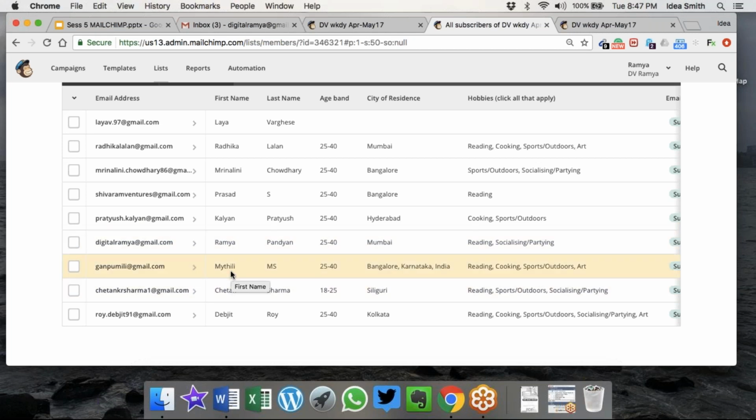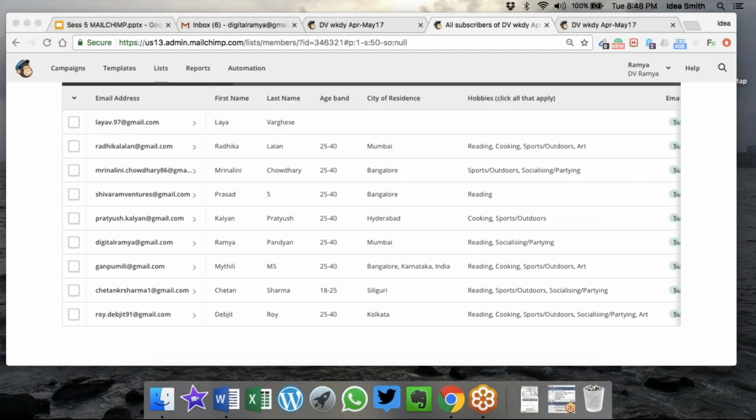Maithili, you're right here. Sujoy, did you find the email? Nandkumar, Sujoy, have you all found the email? You have to find the email and click on verify. Now, Laya, you'll notice I only have 3 pieces of information about Laya. I have her email address, I have her first name and her last name. But I don't have these other things about her because the rest of you filled in a form. So, Laya, I'm going to ask you to click on manage my preferences where you will be given an option to